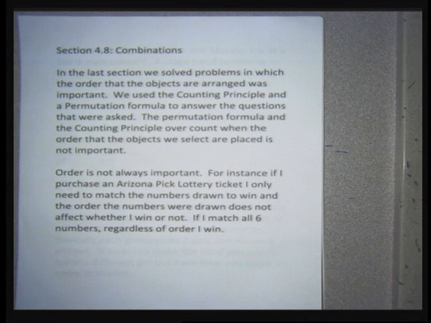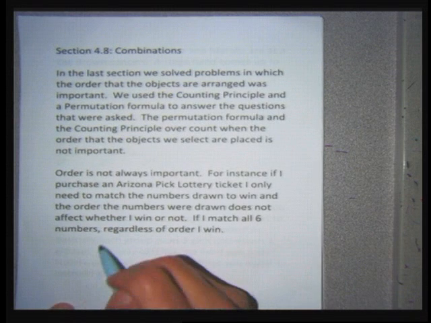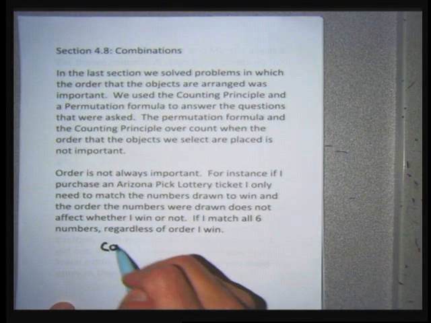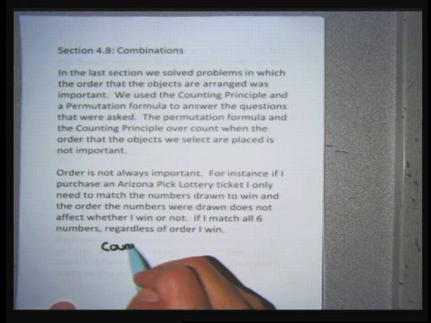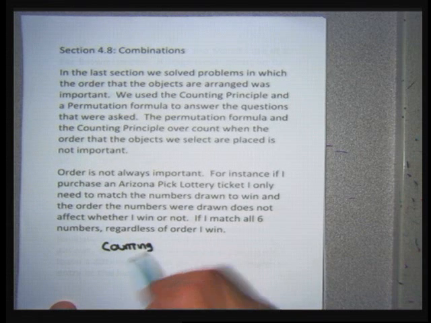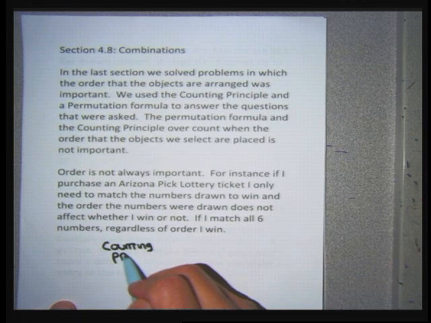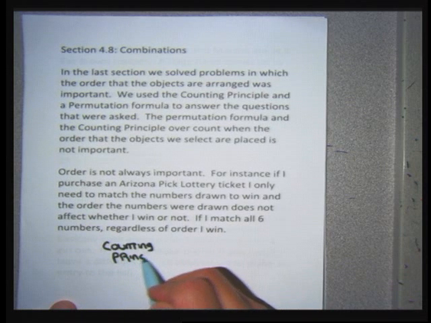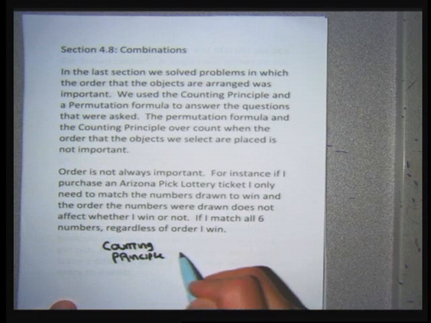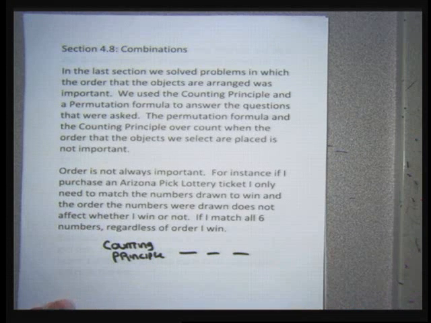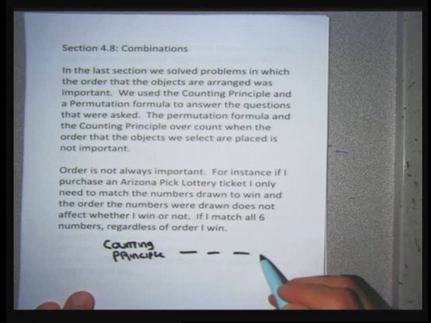And that makes the techniques that we've learned so far for counting and probabilities not work so well, because the counting principle, that's where we make a set of dashes and multiply, it forces order to be important. So when we make a few dashes, it's going to make that order important. But order is not always important. For instance,